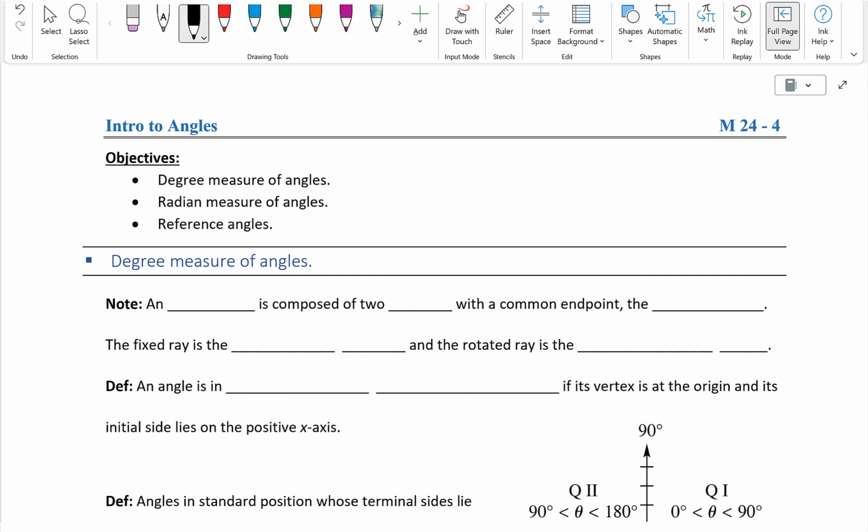Today's video is an introduction to angles. We've got three objectives. We're going to look at degree measures of angles, then radian measures, and finally reference angles. We start with the degree measure of angles, and a note: an angle